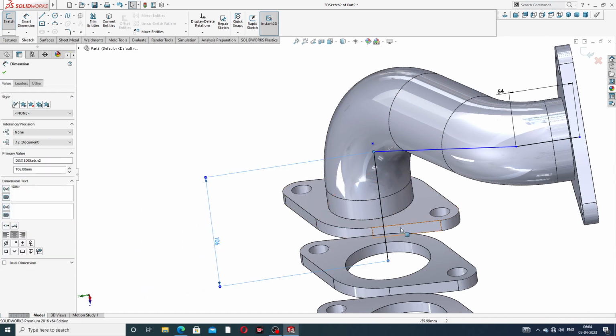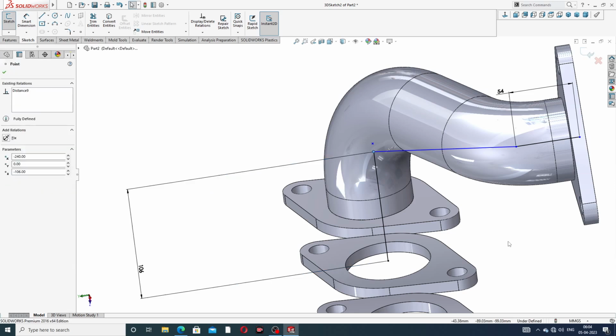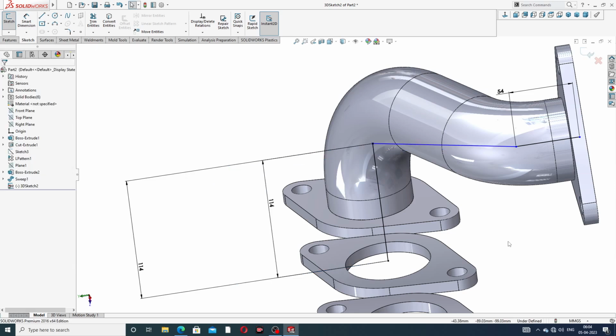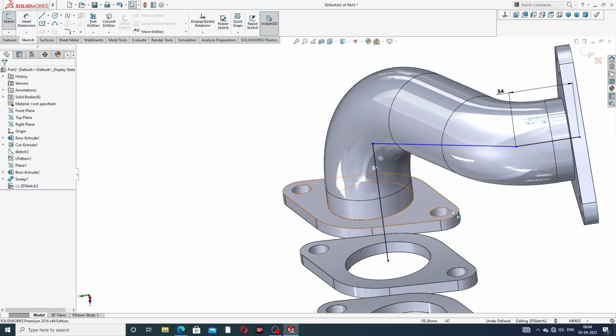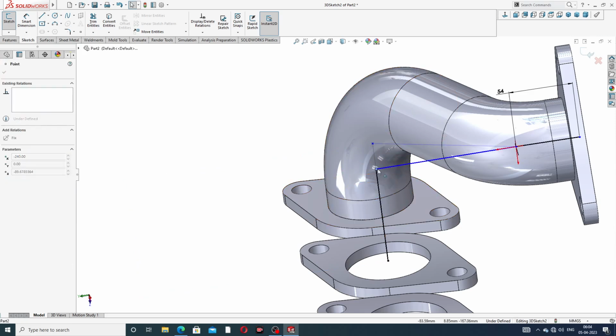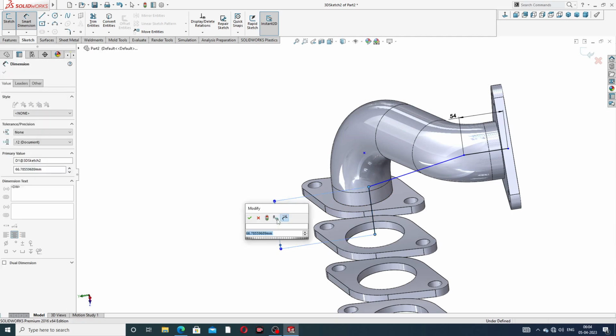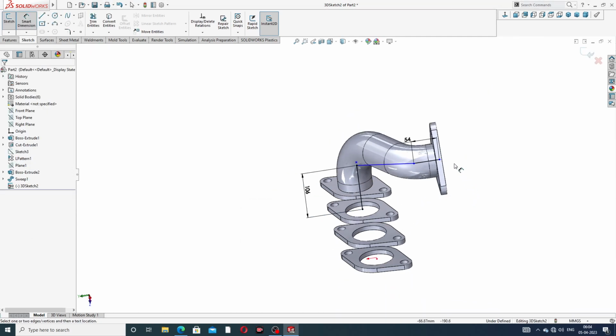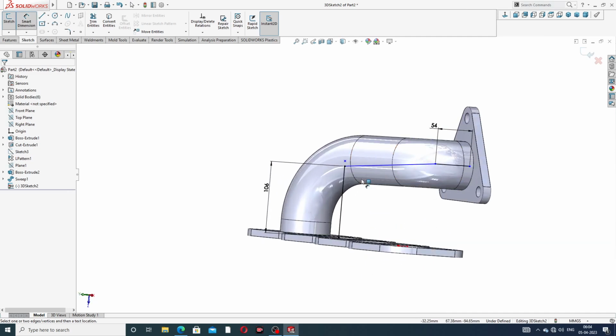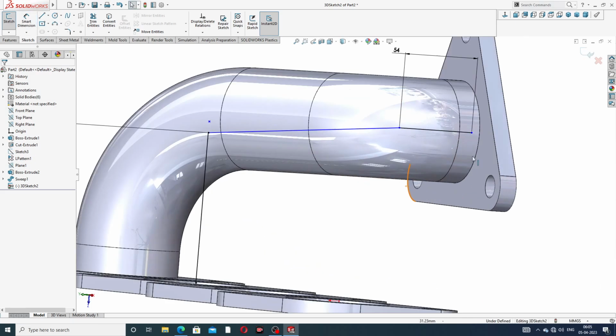And undo, and this is a delete here, and okay, this is a use 106 millimeter and 54. Okay, and some